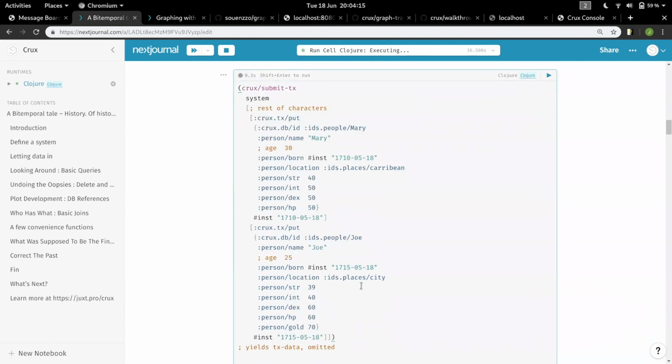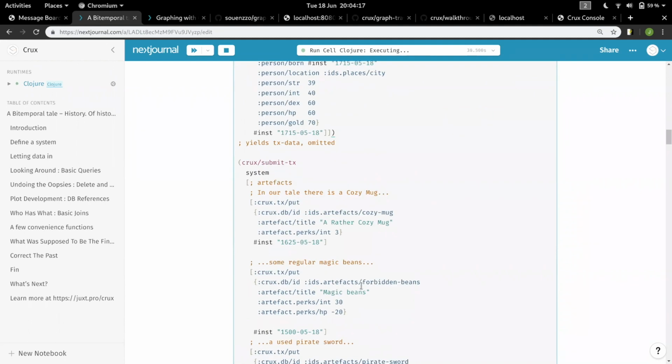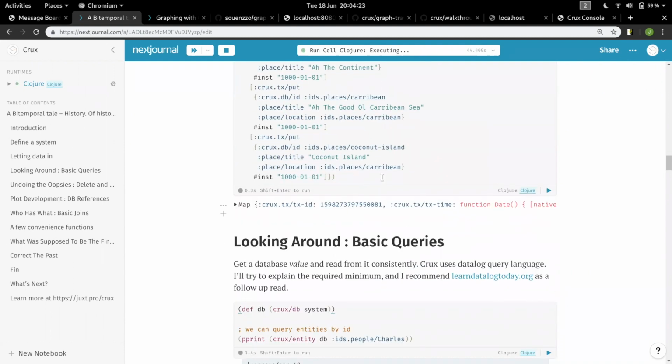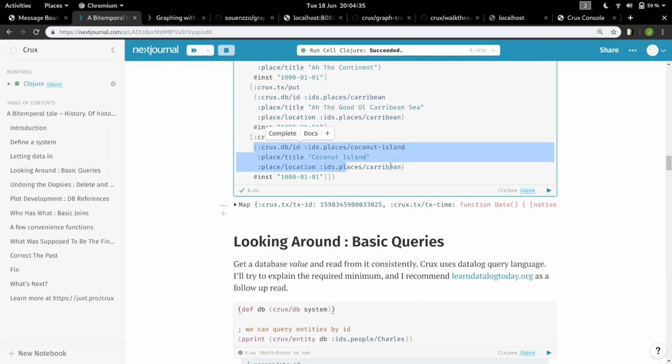So here we can see we're submitting some more characters and some items: forbidden beans, pirate sword, flintlock pistol, and putting those things together in a little graph. And you can see we're specifying IDs using keywords, and then we're saying this location is within this other location.